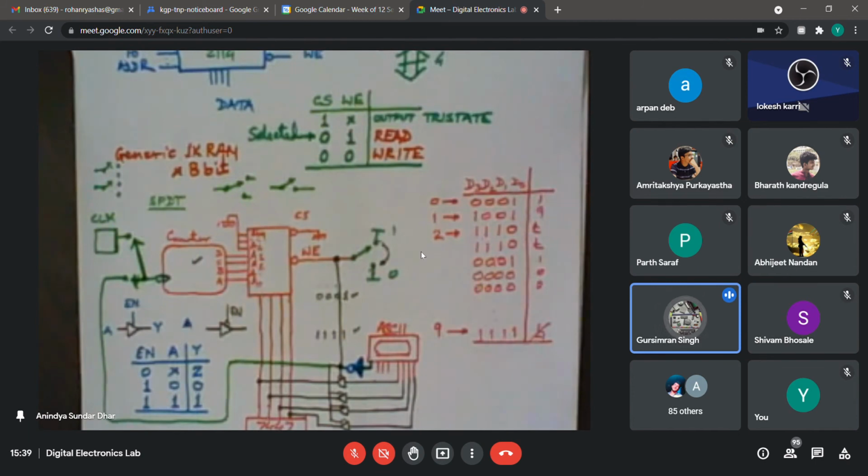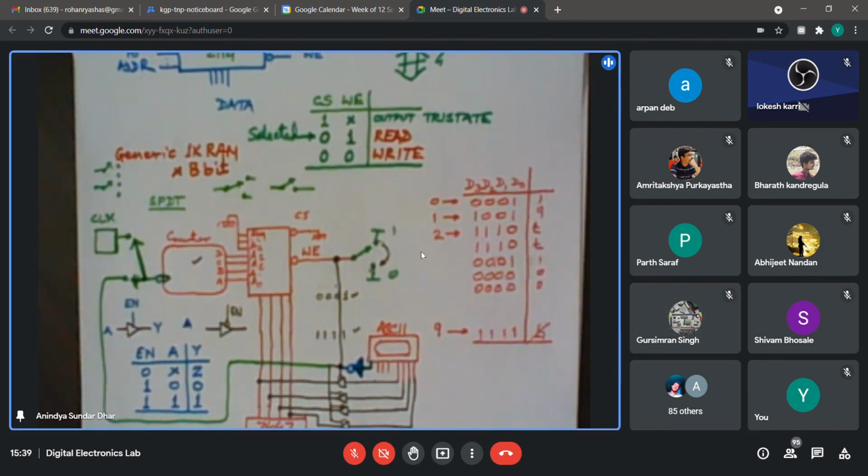Automatically some of the storage will be filled up. We have to keep up with the pace of clock to write properly. So there will be overwriting because it's a 10-state counter, so it will once again go through all these states. If I send it to the clock automatically, it will go through these states. And if the write enable is enabled at that time, then what would happen? It will write in those locations whatever you have pressed last.